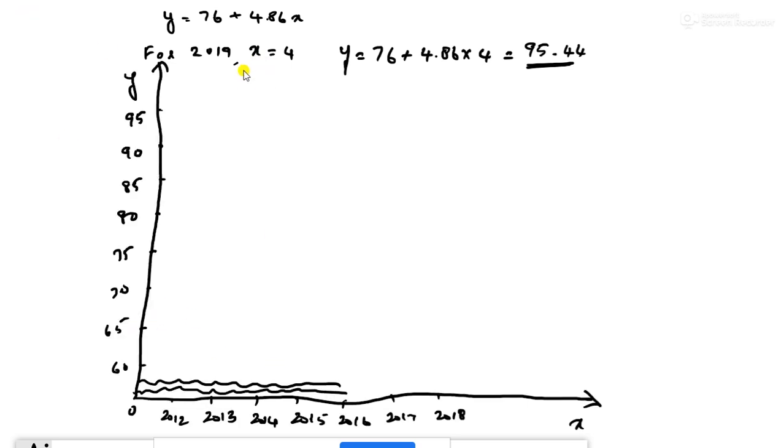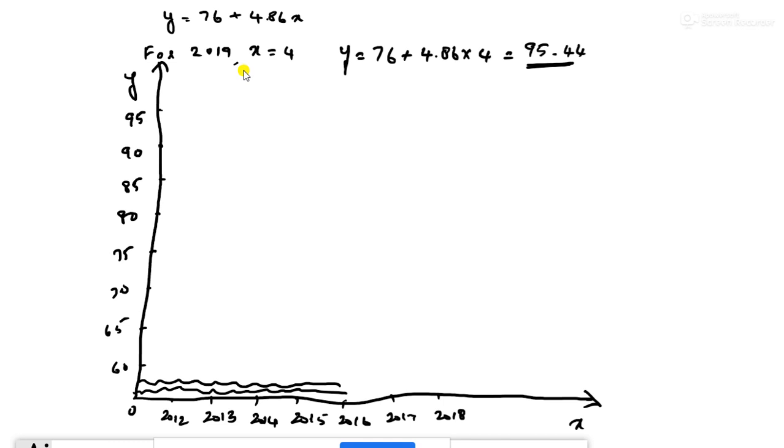So for the purpose of plotting the trend values and the actual values, we can draw the graph. On the x-axis we will be taking the independent variable time and on the y-axis we will be taking the actual values. Okay, so this is x-axis and y-axis. Then you can plot the points, first of all the actual values and thereafter the trend values.